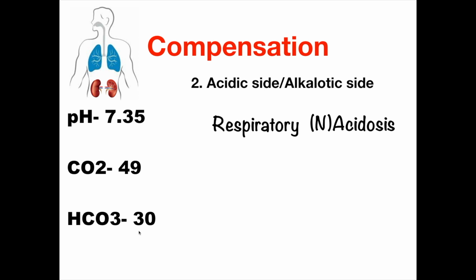And by looking at the value, it's 30. The body is trying to compensate for the acidosis by increasing the amount of base in our system. So we know that there's compensation going on. Now the question is, is this a partial or a full compensation? Let's look back at our pH. It's normal. So that means that the body compensated enough to bring our pH back to normal. So this is a full compensation. In full compensation, it's going to result in a normal pH. Let's try another example here.